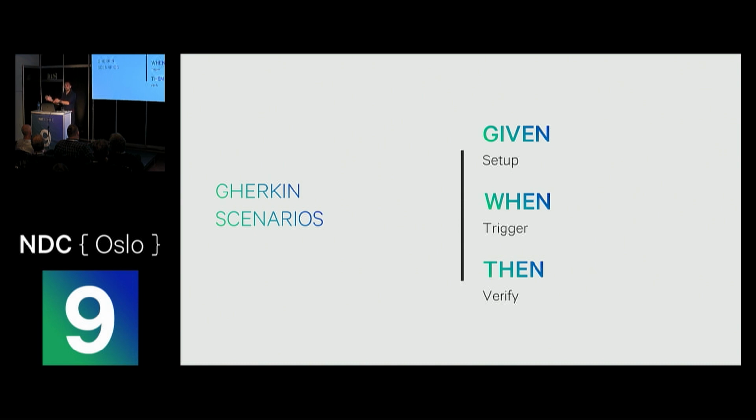And when you apply the AAA syntax to this, you'll see that they almost mean the same. So at the top, we have arrange, the middle is act, and the last one is assert. I know many developers, when they write unit tests, use the AAA style. So it's like reaching out from the developer perspective to the product owner perspective, making arrange, act, and assert really a technical bit, and given, when, and then are just natural words.